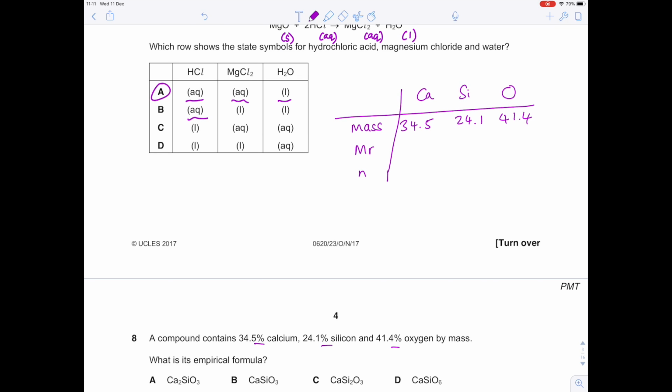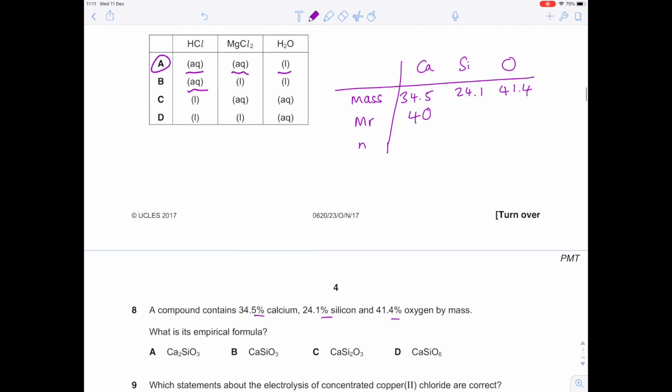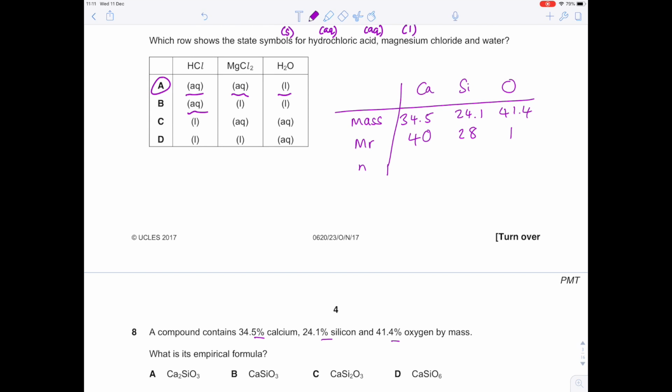Use your periodic table to find out the MR of these various elements. So calcium is 40, silicon is 28, oxygen is 16. We use this formula triangle to help us find out the number of moles, which shows us that number of moles is mass divided by MR. So just do 34.5 divided by 40 to get 0.8625, 24.1 divided by 28 to get 0.8607,